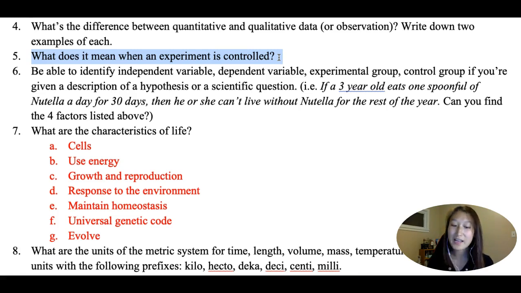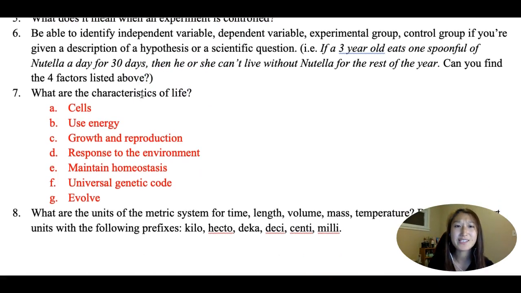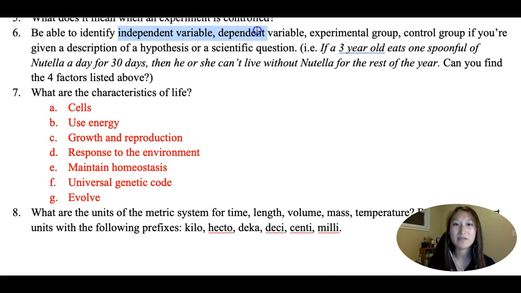So you need the same plant, same size of pot, same type of soil, same amount of water, same amount of nutrient. And once you do that, the only factor that is changing in your experiment will be the amount of light. Because you're only testing one factor and you can see how this one factor changes the experimental result, you can say this is a controlled experiment because you're controlling all the other factors. Now the next one says, be able to identify independent variable, dependent variable, experimental group, and control group,